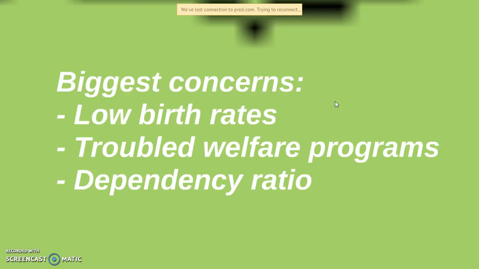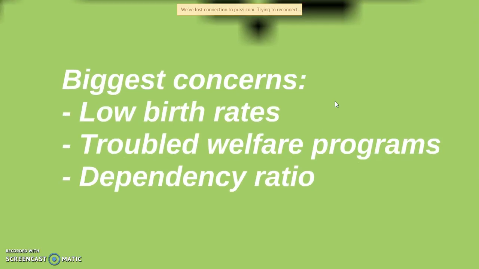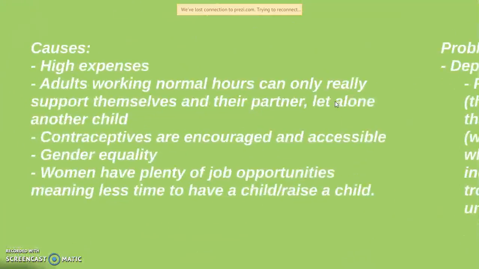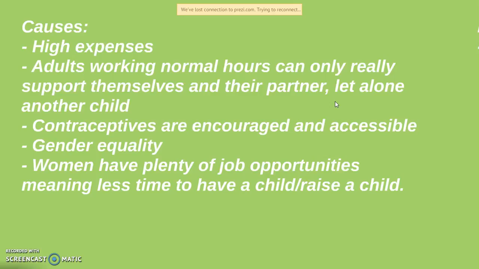But basically, the biggest concerns of a stage 5 country are low birth rates, troubled welfare programs, and dependency ratio, which we will get into later. The causes for these concerns are the high expenses, so everything's really expensive. The adults working normal hours can only really afford to support themselves and their partners if they have one, let alone another child, so it's too expensive to have one. Contraceptives are encouraged and accessible to everyone. There's gender equality, so women have plenty of job opportunities, meaning less time to have a child or raise a